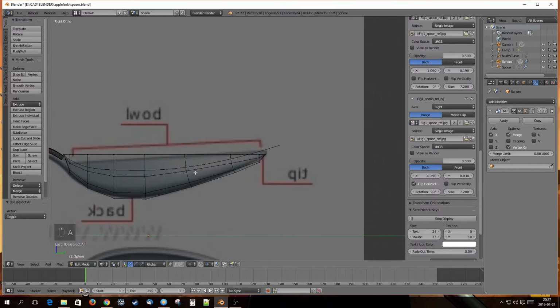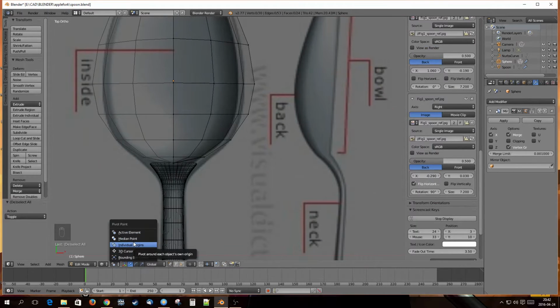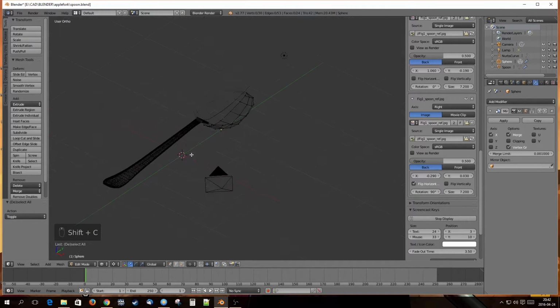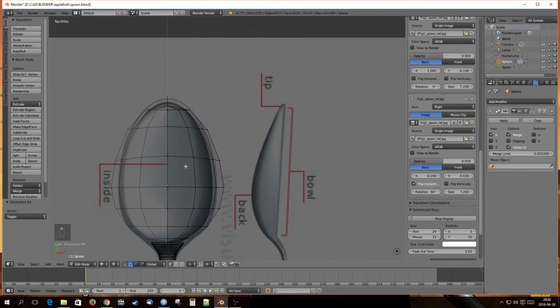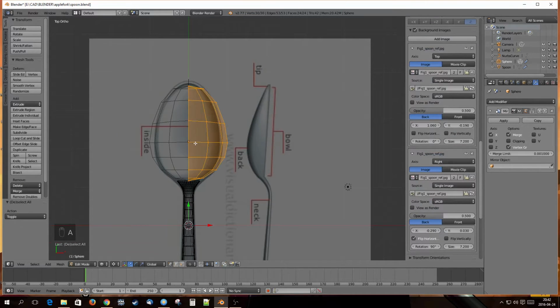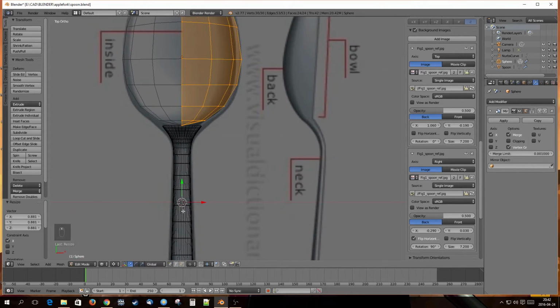Okay, and now in the top view I'm going to change my pivot point to 3D cursor, and I press Shift C to make sure that it's in the center. I press 7, and here in the top view I select everything, press A and press S to scale and X to scale only in the X axis. So now this is my pivot point,